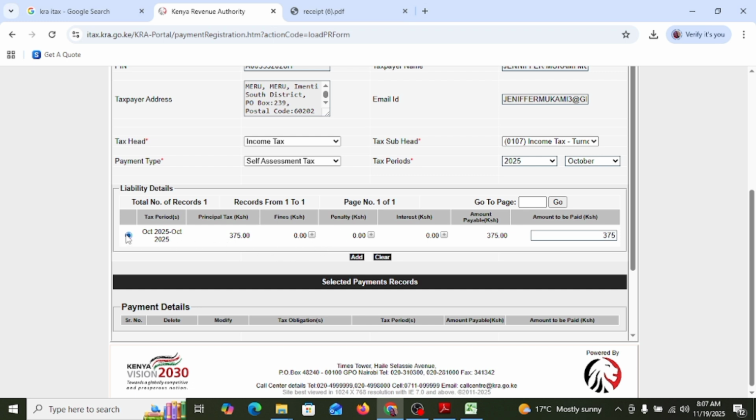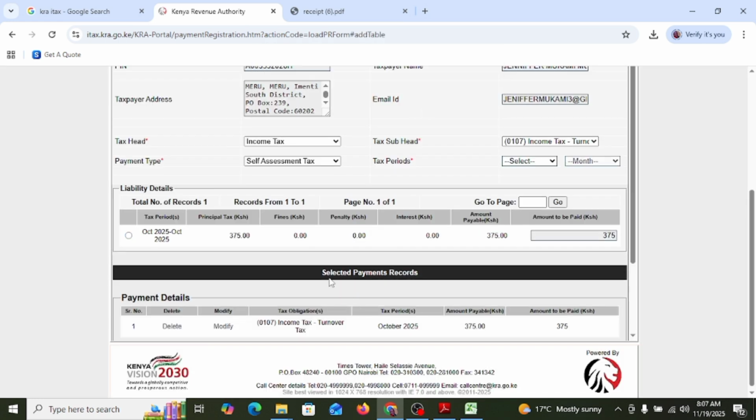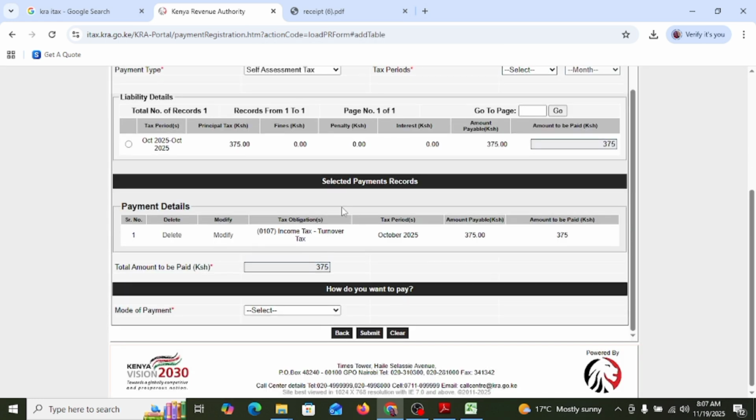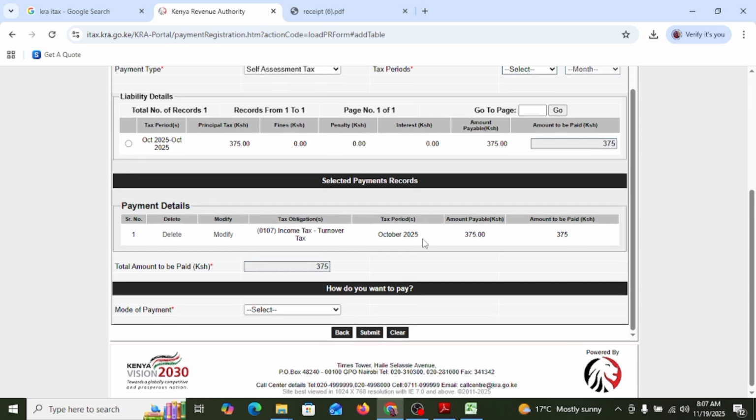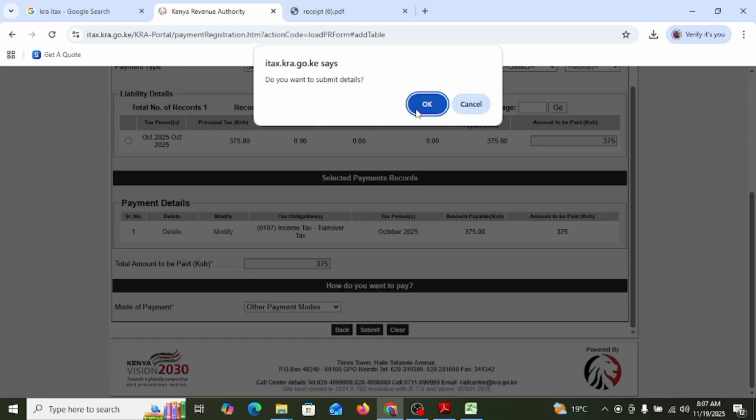I'll check it like that, and then I'll click OK, and then the amount of payment that I'm supposed to pay will appear, and this is the amount. Then I'll select the mode of payment, and here I'll select other payment modes. Then I'll click submit,